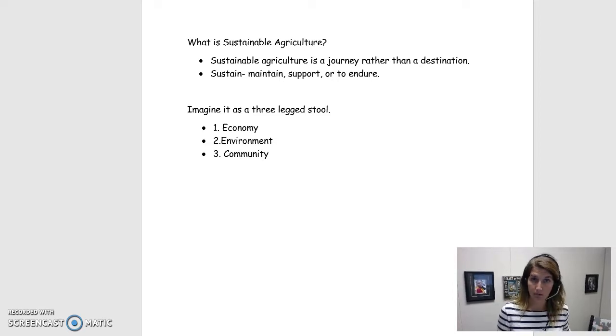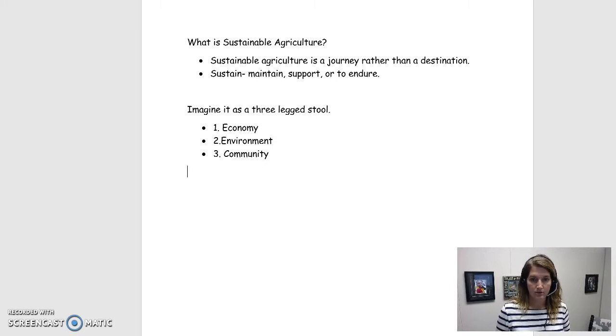The economy is who's buying our products. How can we sell our products? Are things selling or not selling? The environment, what's going on in the environment? Are there a lot of natural disasters that are causing certain prices to go up? I don't know if you've noticed the prices of orange juice and oranges going up because of Hurricane Irma that hit Florida, which is where most of our oranges come from.